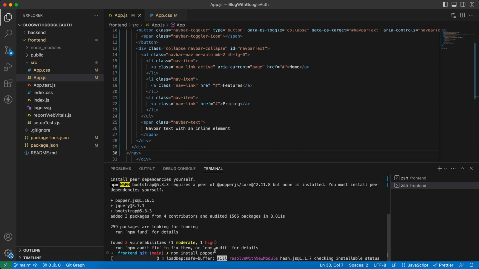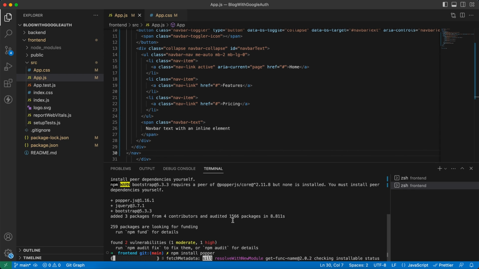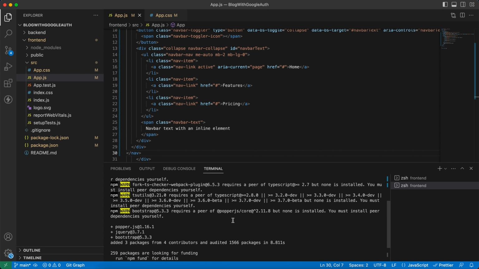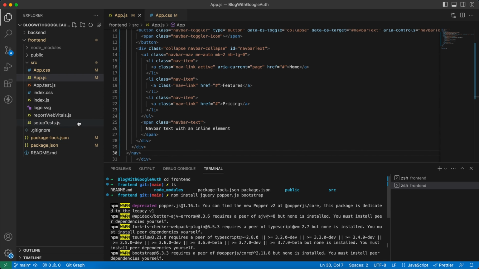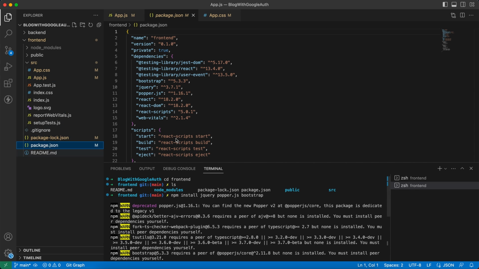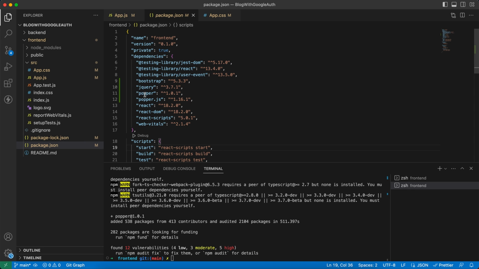That's the right one to install. Popper.js, I think, is an old module. We can check package.json to see if we have the modules. We have jQuery, Bootstrap version 5. Now when we have these three modules, Popper, jQuery, Bootstrap installed, the next step is adding